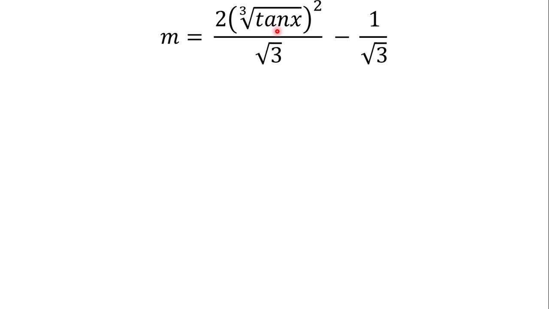So when we differentiate tangent, you're going to get secant squared. Then we decrease the power by 1. So 2 over 3 minus 1 gives us minus 1 over 3. So when we differentiate this, you're going to get 4 times secant squared all over 3 root 3 times cube root of tangent x. I hope you are okay. Yeah. So dM is equal to